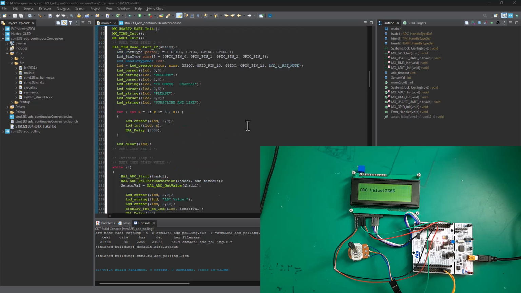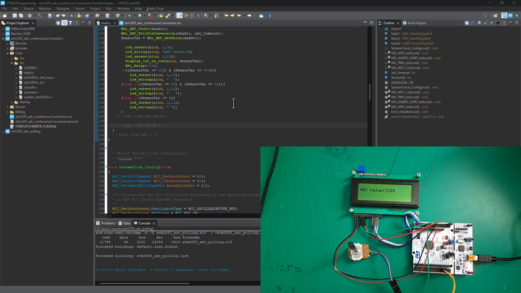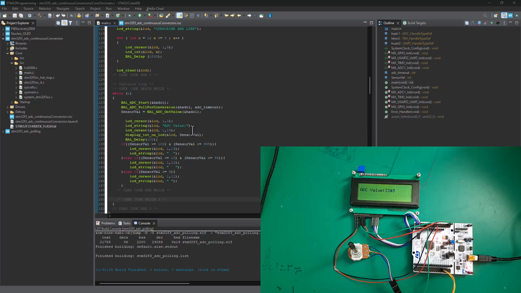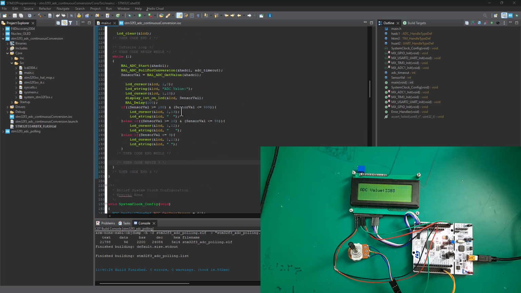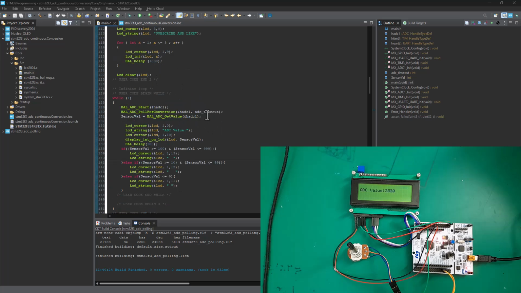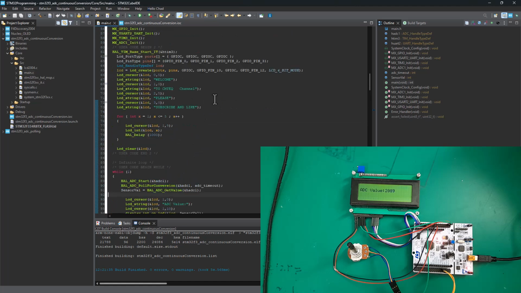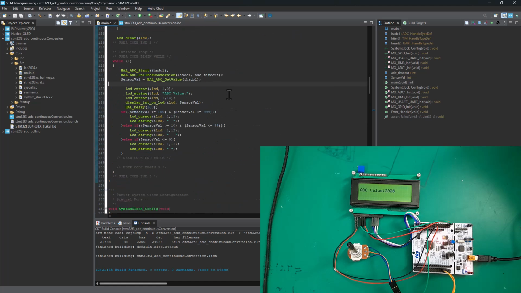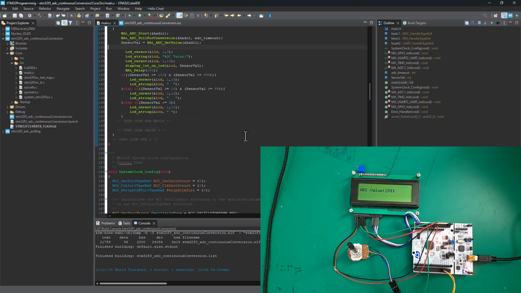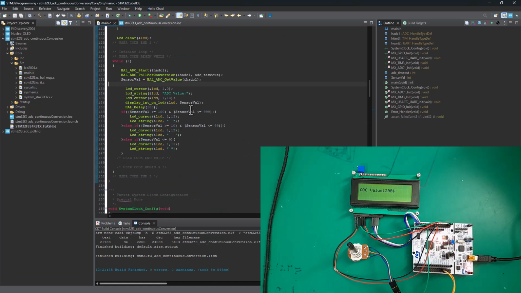Now, in the previous tutorial, we saw how to perform a simple analog conversion using the ADC polling method, which is based on a single conversion. In this tutorial, we're going to take a look at how to perform an ADC conversion using the continuous conversion mode. I have already made a copy of the previous project and renamed it to continuous conversion method. That way, I'm keeping all the settings of the previous tutorial in this project. So right now, if I load this program, I'm going to get exactly what I got on the single conversion